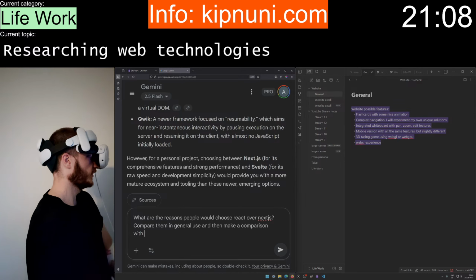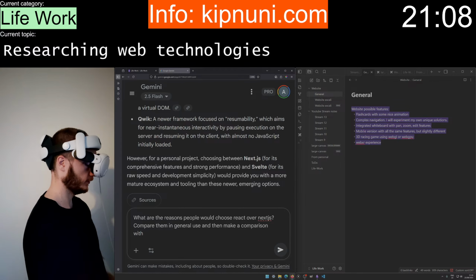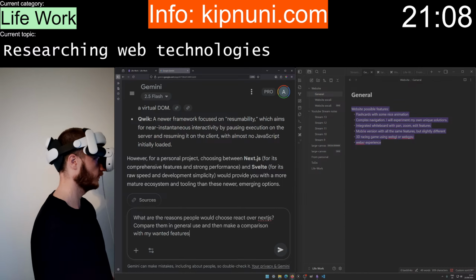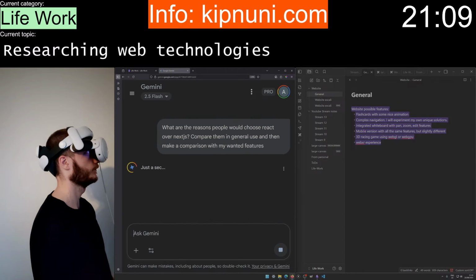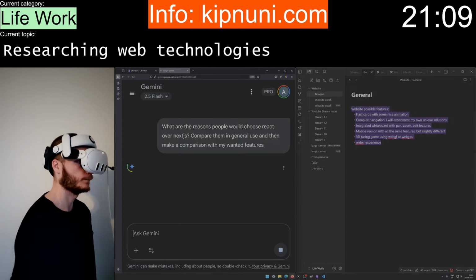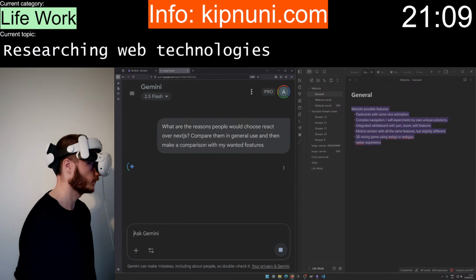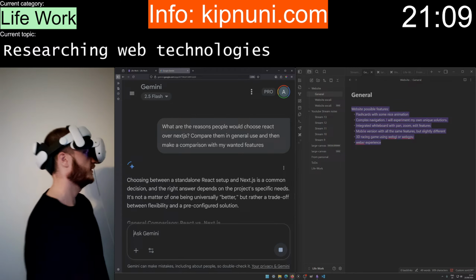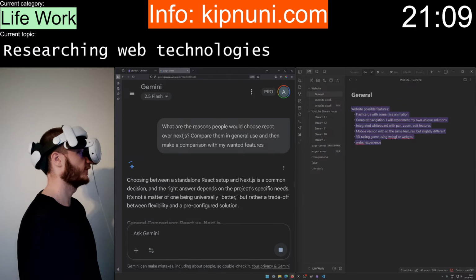Then make a comparison with my wanted features. Common decision and right answer depends on the project specific needs.